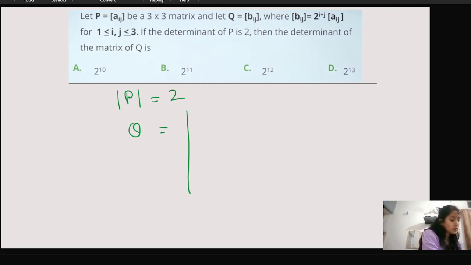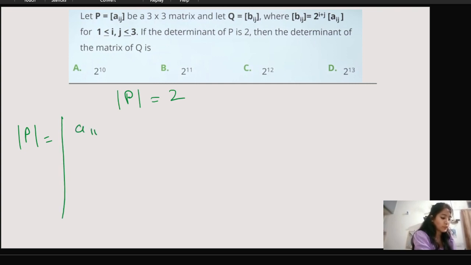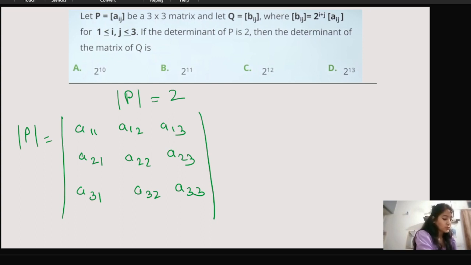First we have to assume the matrix P. So let's make the matrix P: A11, A12, A13, A21, A22, A23, A31, A32, A33. Okay, this is the matrix P. So what will the Q matrix be here? The Q matrix will be 2 to the power